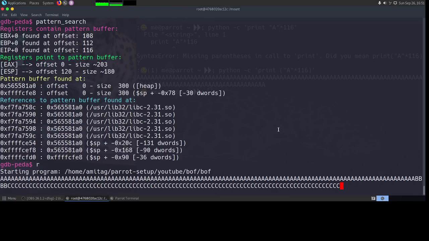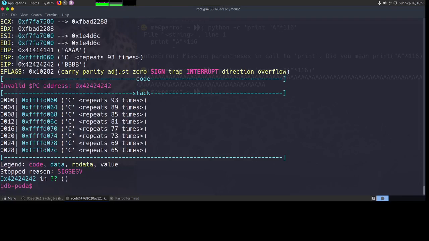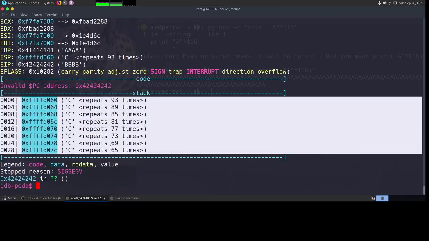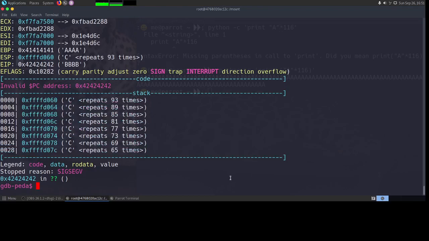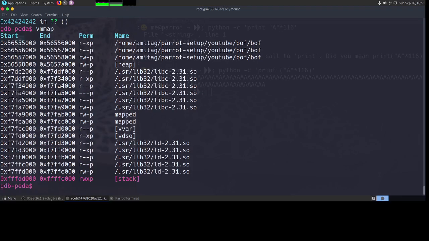Okay, so let's press enter here, and as expected we can see that the EIP is beautifully overwritten with a bunch of 4 B's, and then we have the stack which points to C's. Now let's also look at VM map. VM map is basically the process memory map of the whole process as seen by the OS.